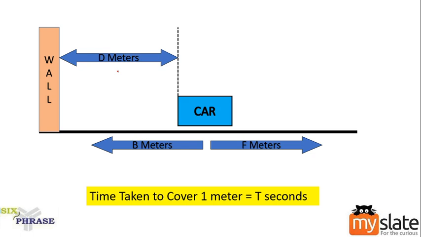Okay, I hope I made it clear. Imagine it this way. Always look at your problem like this. For the reverse gear problem, look at the problem like this. Only then you'll be able to understand. Here you should always imagine a car which is moving both in forward and backward direction, and imagine there is a wall behind the car. So we will be provided with this data. You will be given the value of f, the value of b, the value of d, and the value of t. So based on these values, you will be asked to do some kind of operation.